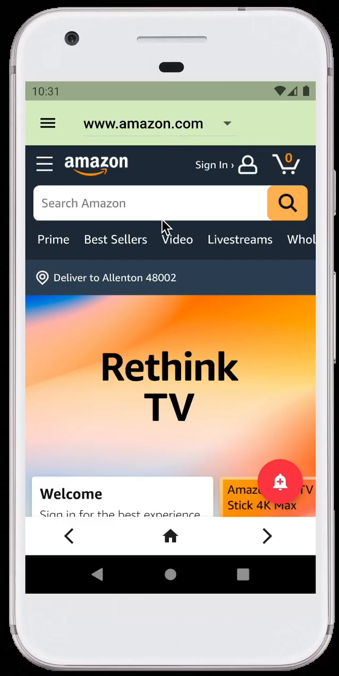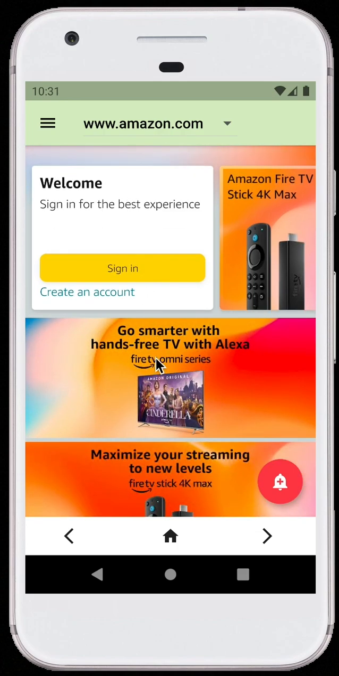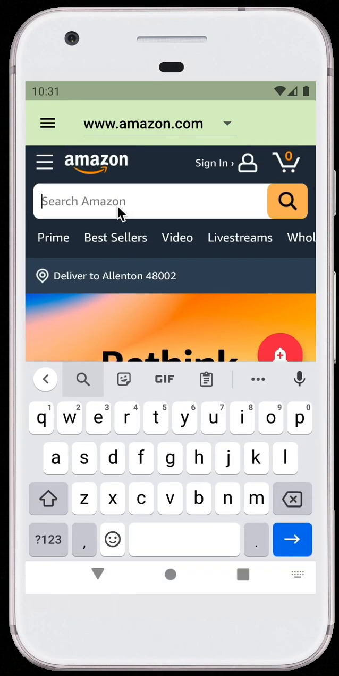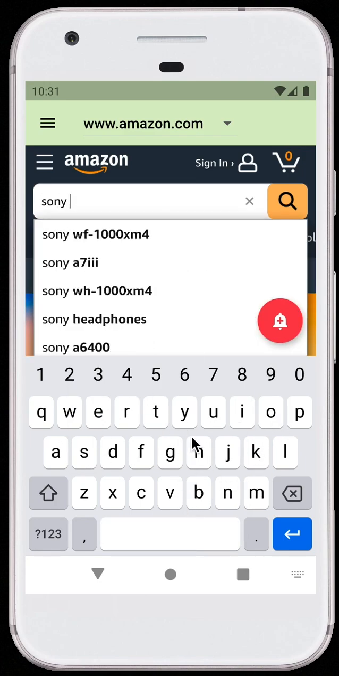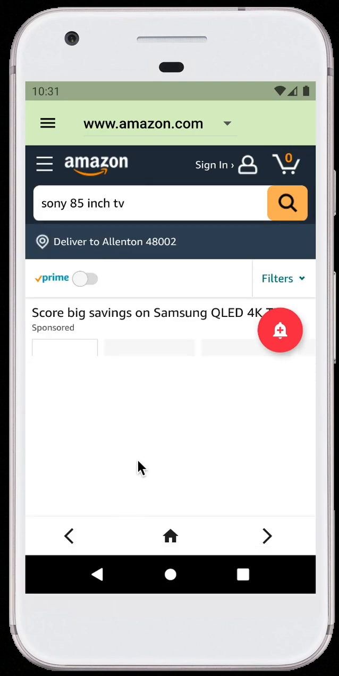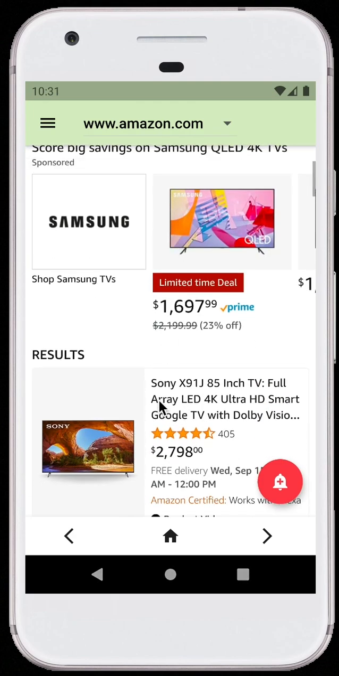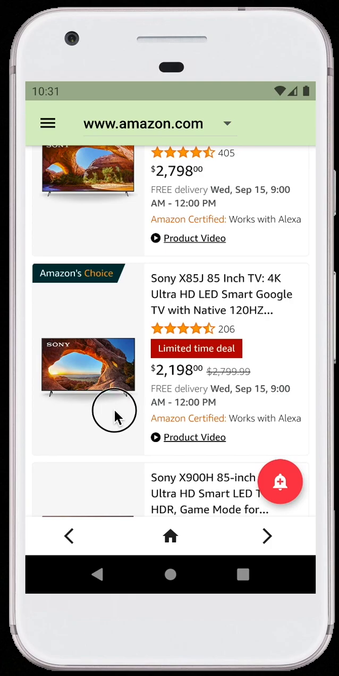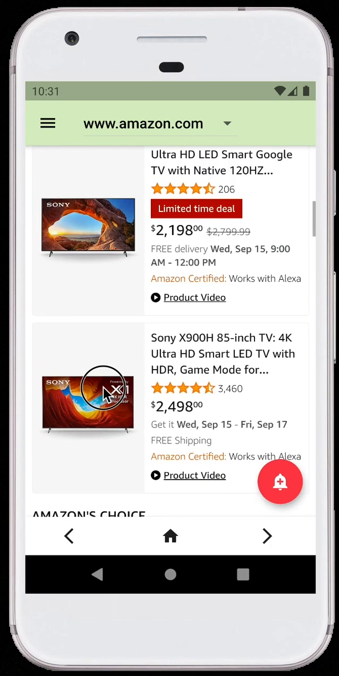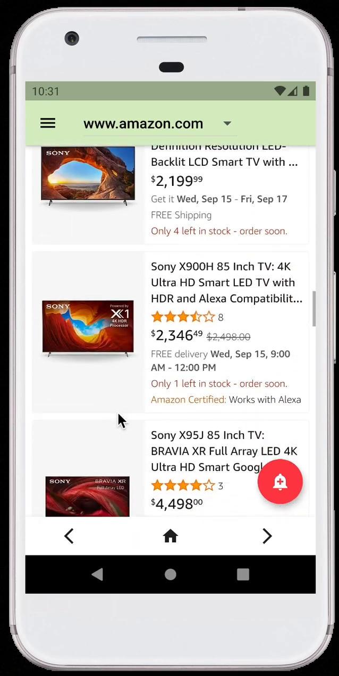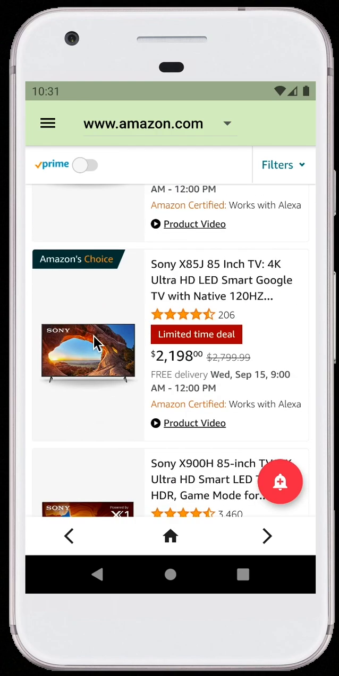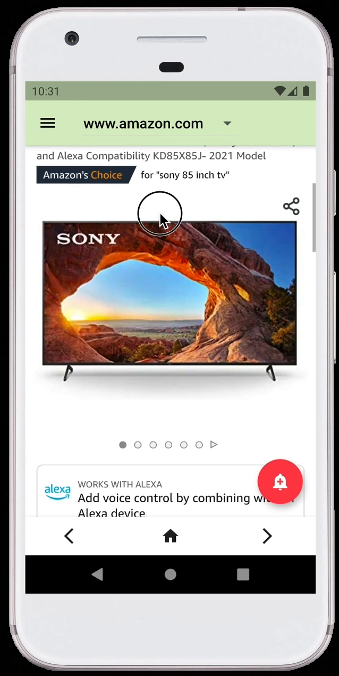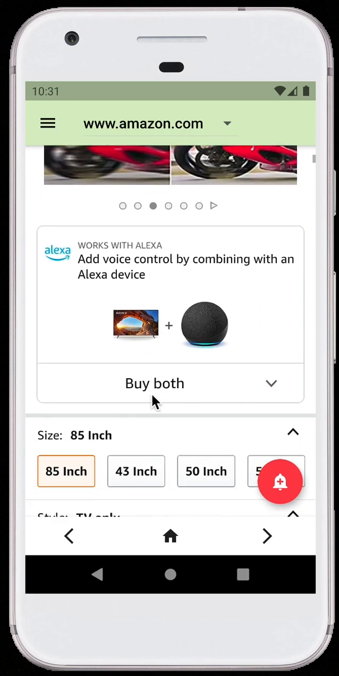Let's select Amazon.com. Assuming you would like to buy a Sony TV, you search for the TV in the same way on the Amazon website, typing Sony 85-inch TV. Scrolling through some results, selecting the TV you like. Its current price is